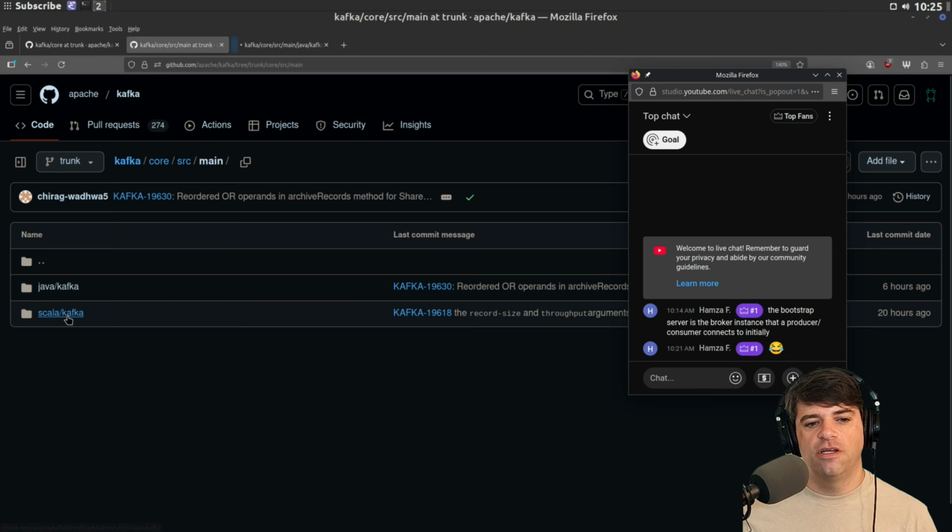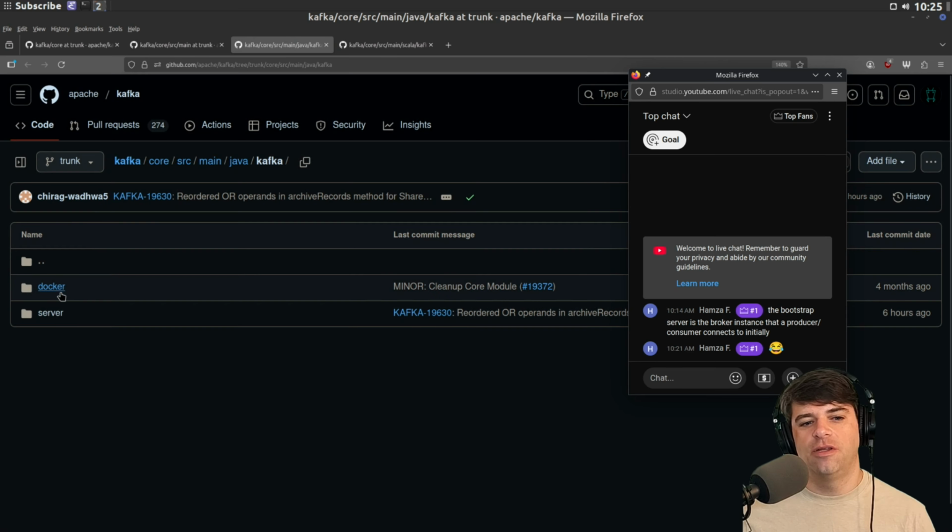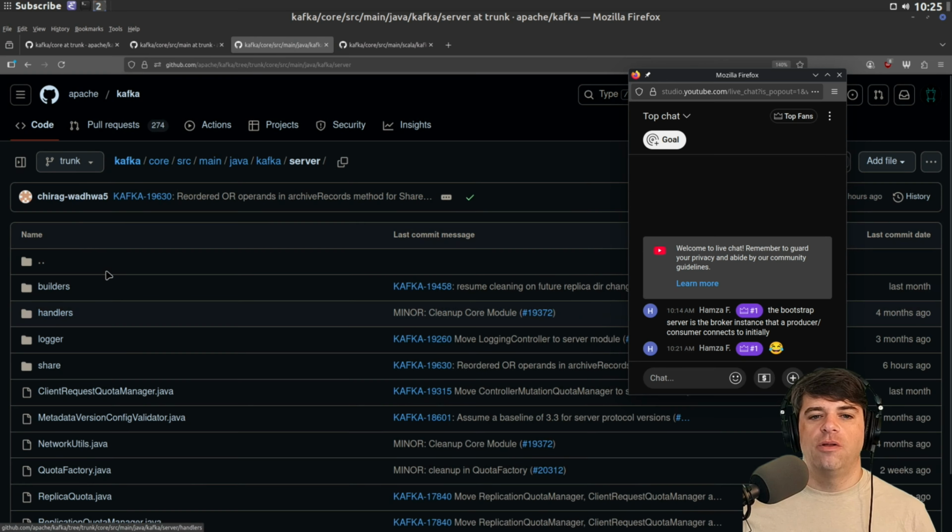And of course, Java and Scala have to be in different directories, which is not, in my opinion, great. We probably don't care about Docker. But in Kafka server, we have builders, handlers, logger, share, and network utils, quota factory, replica quota, and tier state machine.